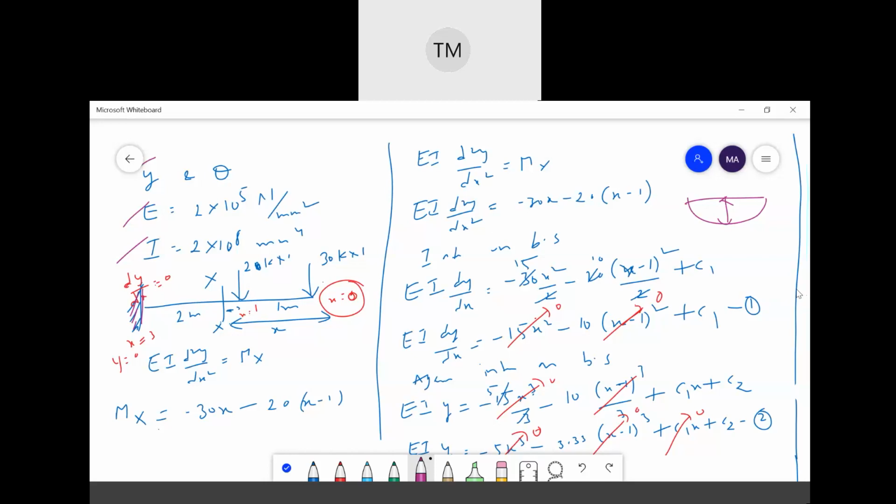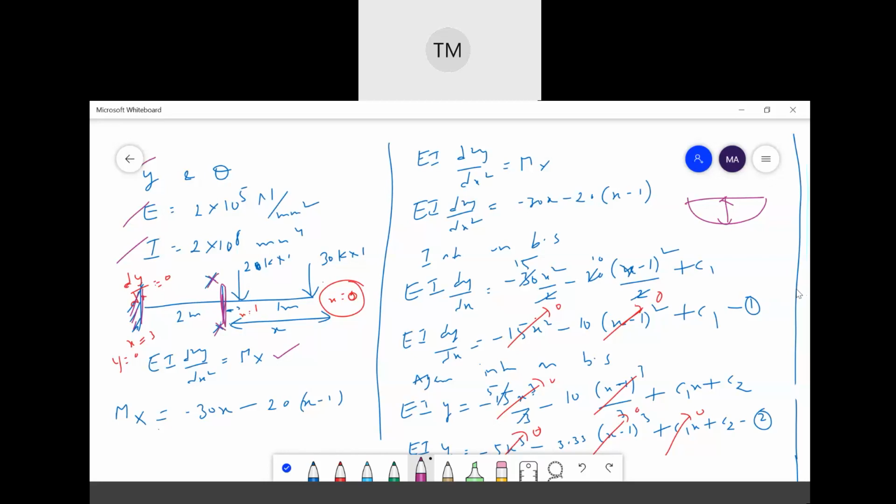So here you are considering a cantilever beam. Here you are using the equation EI d square y by dx square is equal to Mx. This is a differential equation. Whenever this cantilever beam is given, you are considering a moment about x. This x value will always be considered after completion of the loads. So I have considered x here.